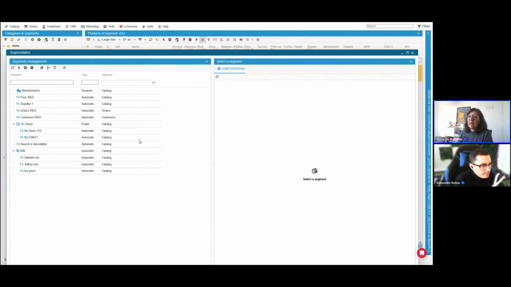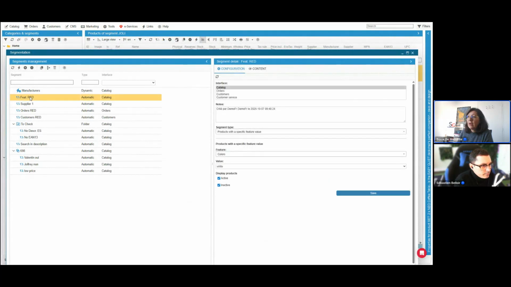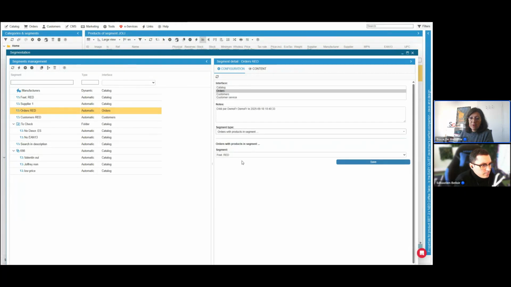This morning I did that, for example, with the product using the feature white. Okay, I did that in the product, but now I want to see the orders associated to that. So I want to list the orders that include a product that uses that feature, because I want to see what the income is on these.